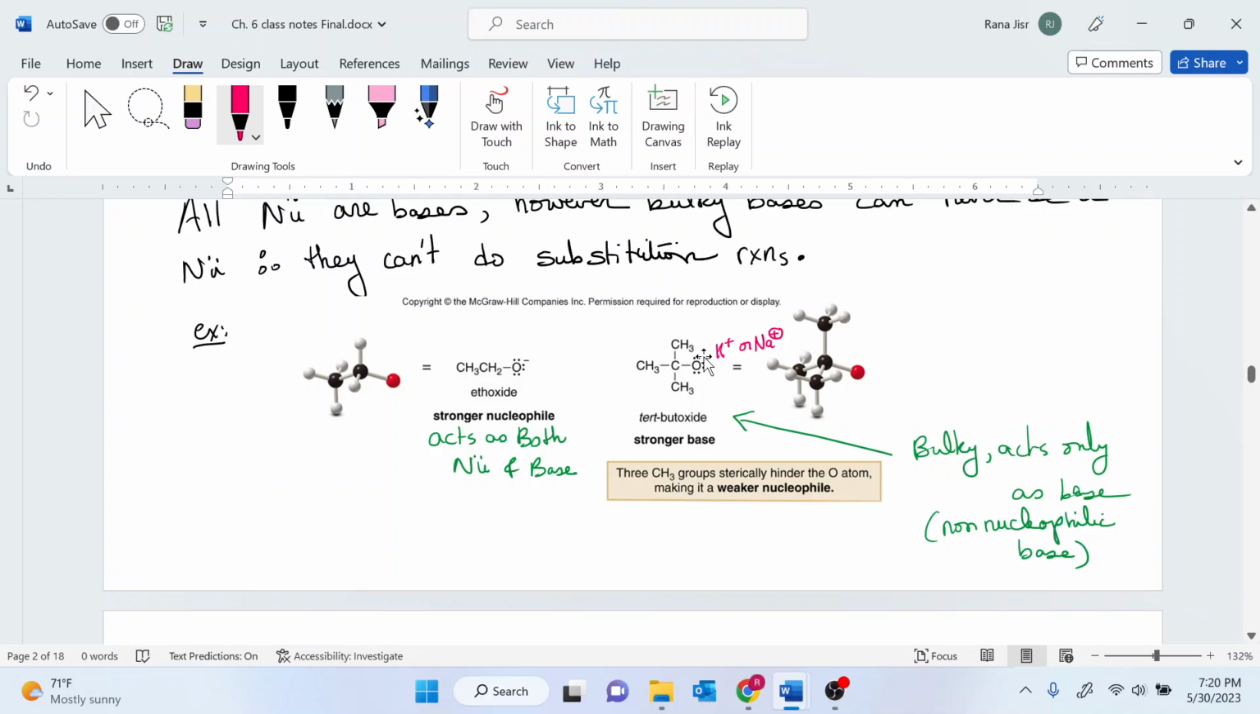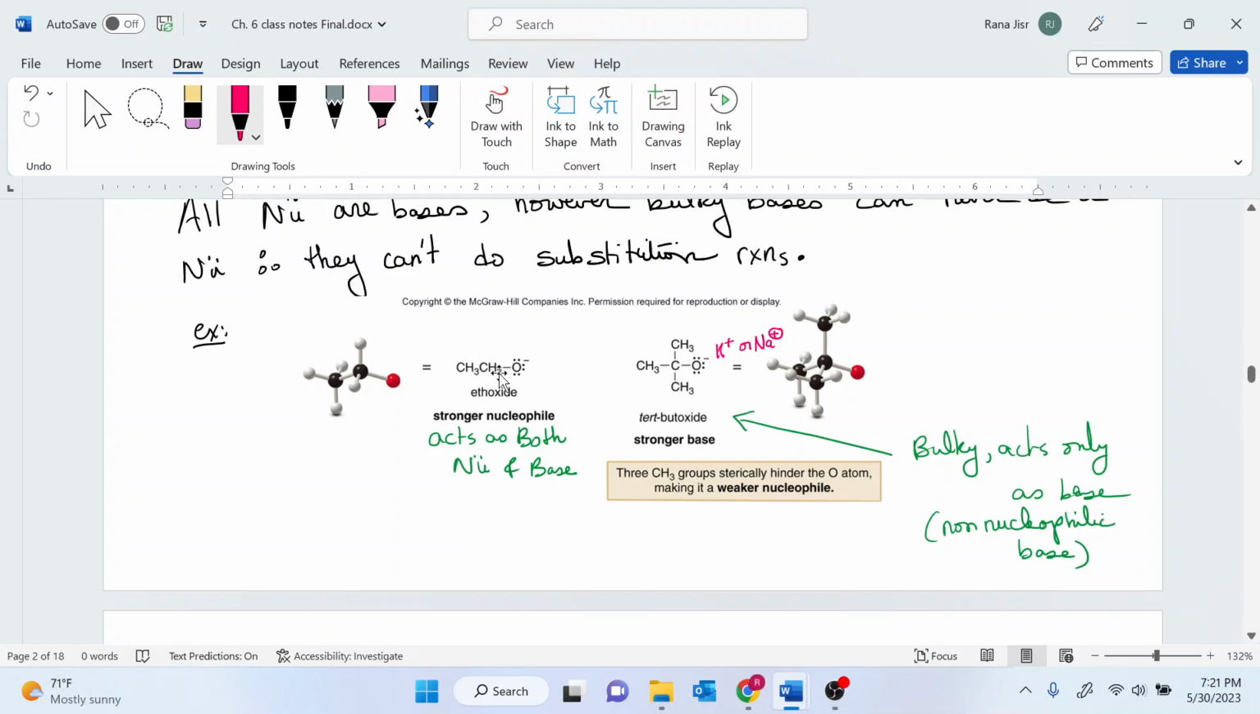It's a very strong base because it does have a negative charge, and it's a base because it does have lone pairs. But it is not a nucleophile because of its bulkiness. Nucleophiles, they need to be small. Like, for example, this one. This one is a base because it has a negative charge, and it is a nucleophile at the same time